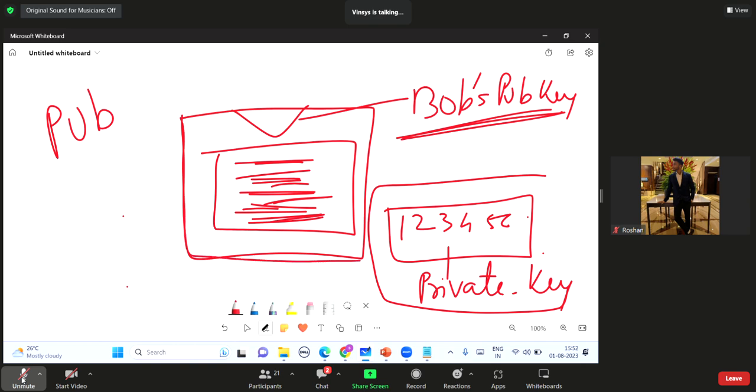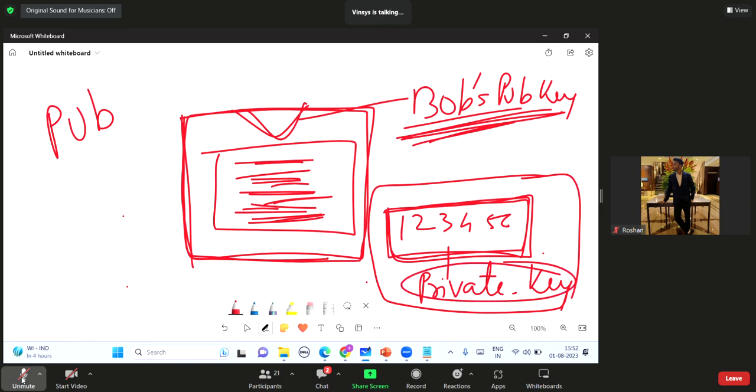So she has encrypted the original file using Bob's public key. But before that encryption, she calculated the hash value of that file and encrypted that hash value using her private key. Now she will send both these things to Bob.